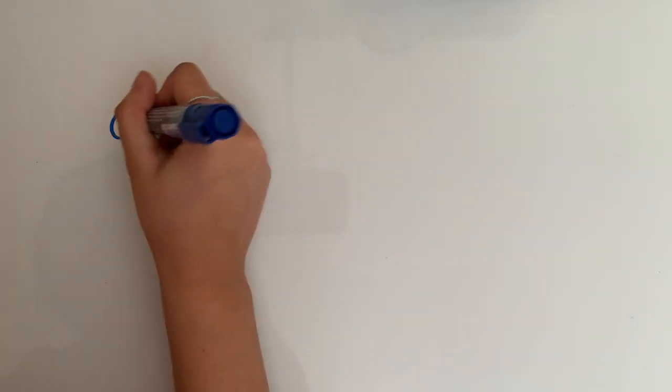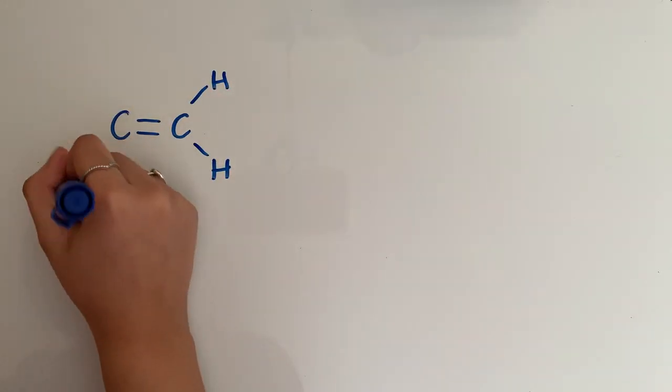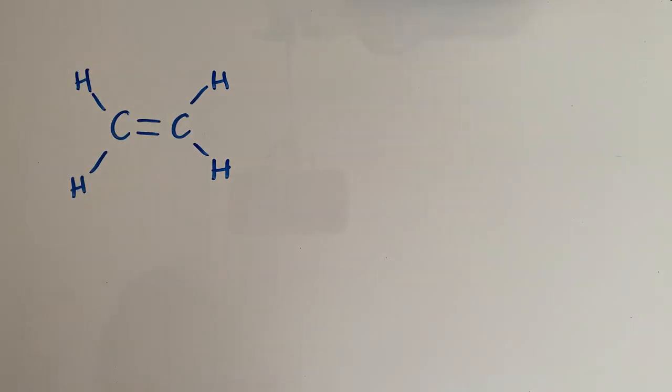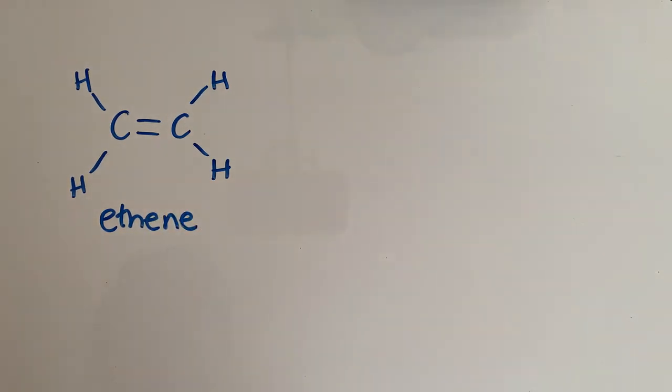We're now going to have a look at the alkene homologous series. So the first member of the alkene homologous series, it's not just one carbon, because obviously to have a double bond you need to have at least a minimum of two carbons. Okay, so the first member of the alkene homologous series has two carbons, and that's this molecule over here. So this molecule is called ethene. Okay, and as you can see, the molecular formula for this is